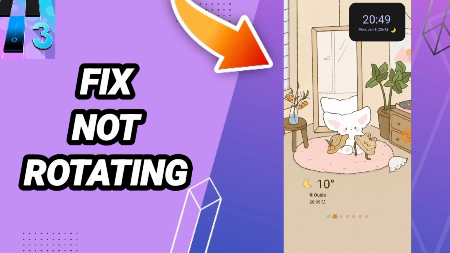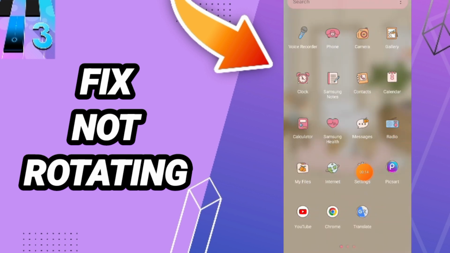Everybody, today we'll talk about how to fix the problem of not rotating on Magic Tiles 3. To know how to fix not rotating on Magic Tiles 3, you can go to